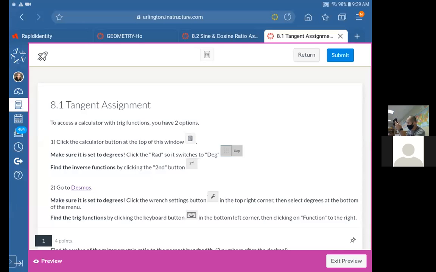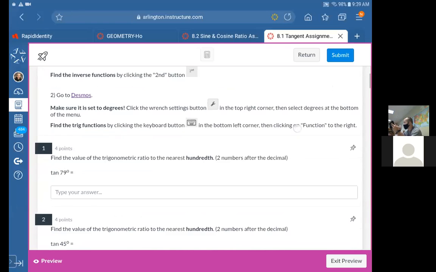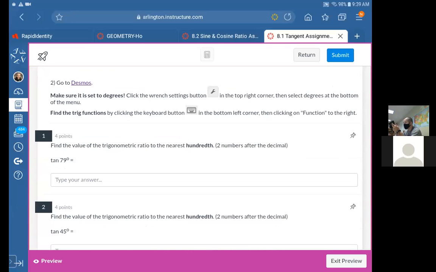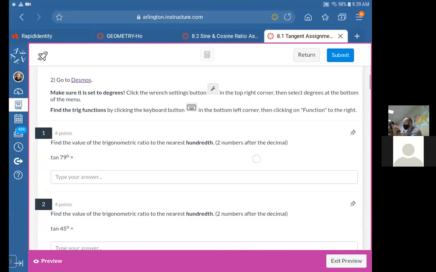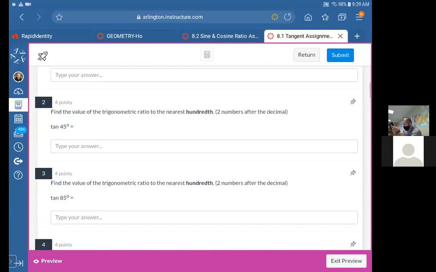So we're going to take a look at these two trigonometry assignments. Remember tangent, cosine, and sine. With these first ones, you just plug them in. Like on number 2,